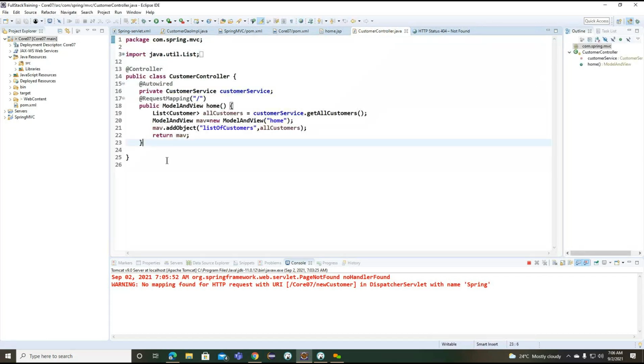in our customer controller, I want to define one more method. This method will return a string, new customer.